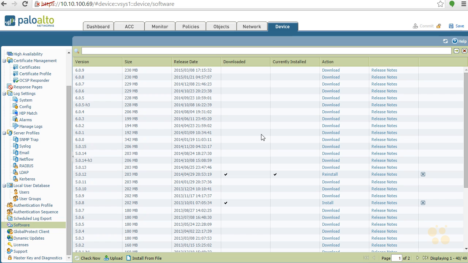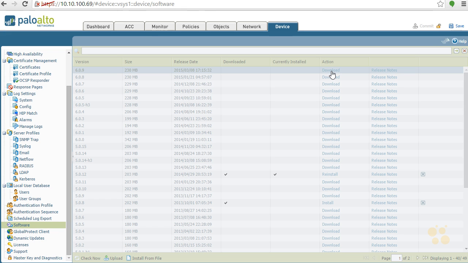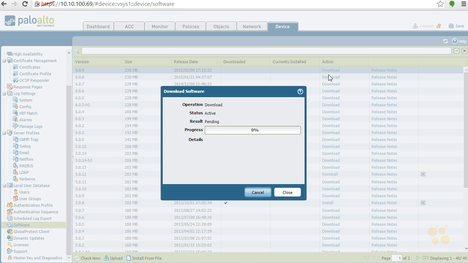It's also very interesting. Remember, on my first firewall I was seeing software releases in the 6.1 train. I won't even see them on here because they're not possible, since I haven't gone into the 6.0 train. Even doing this, I will need to go into the initial 6.0 before I jump all the way to 6.0.9. So those are little things to pay attention to in terms of the direction we need to go. I could download 6.0.9 and get ready for that, but it's not going to let me actually jump into that installation. Maybe we'll go ahead and do that just to test and demonstrate that part. So I'm going to go ahead and download 6.0.9.